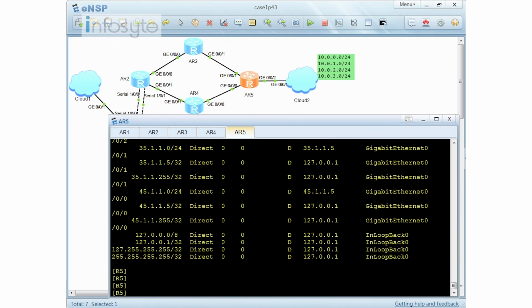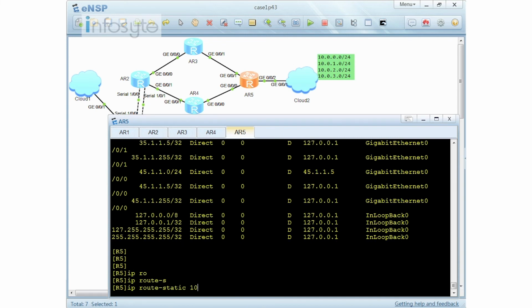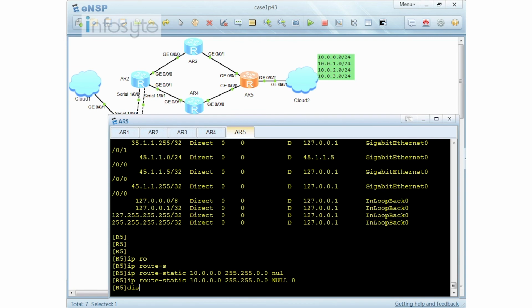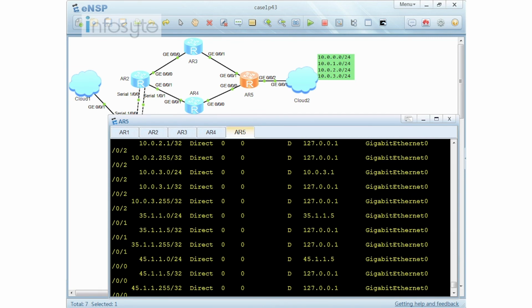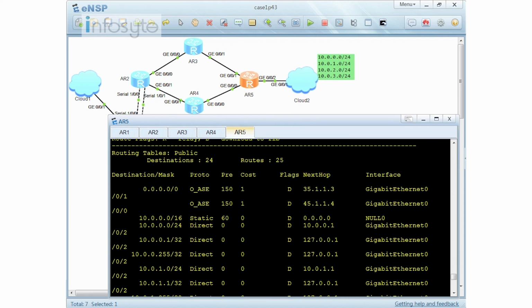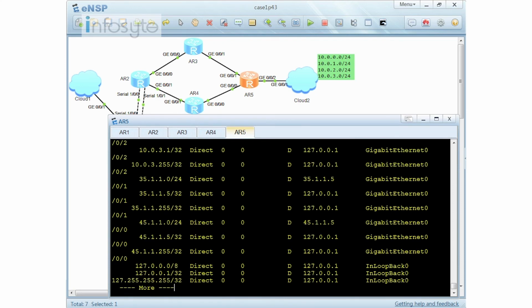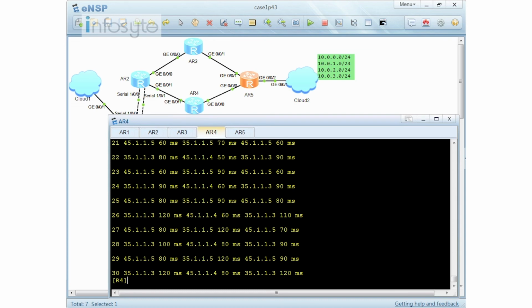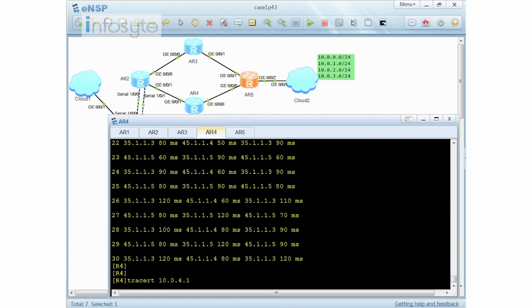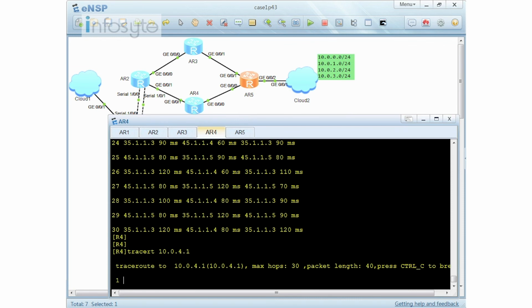So this is how you do it. I'm going to create an IP route static 10.0.0.0 255.255.0.0, and send it to null 0. Okay, let me do a display IP route. As you can see from here, it actually goes to null 0. So I'm going to redo this one more time and see what happens. If I trace to an unknown IP address, it will straight away go into the black hole. Okay, so now you have solved the routing loop. So that is case 1 based on the 3